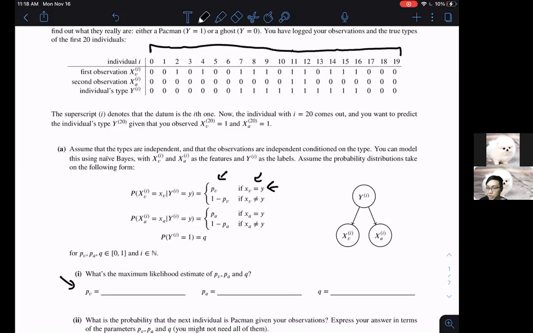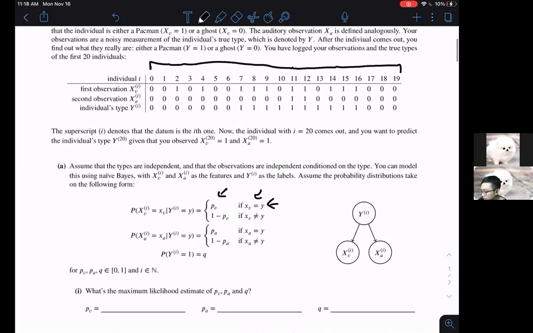But I encourage you to read about that afterwards, because the derivation isn't necessarily in scope, but it might be good for your understanding. So going off that, if I want to compute PV, what I can do is count each of the samples